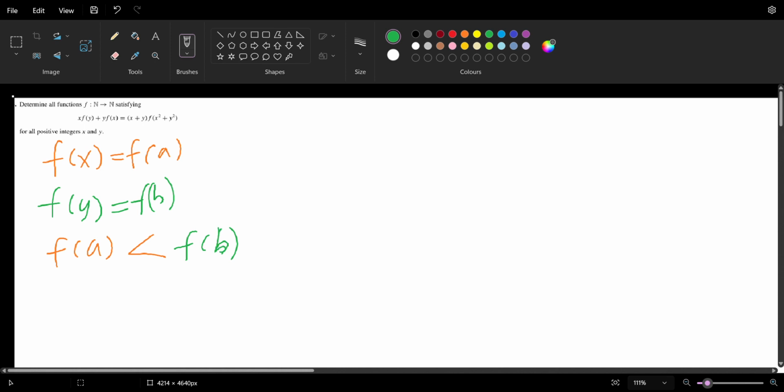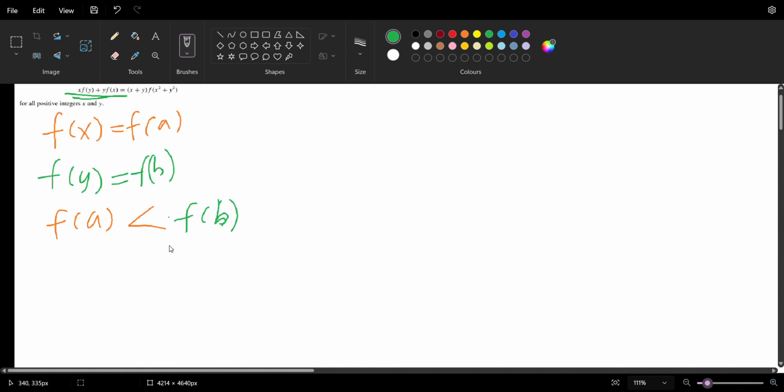Alright, and if you have f of a strictly less than f of b, then let's implement what we have here with the left hand side. Sorry, I can't really zoom because if I zoom it's going to look a bit blurry, so you guys just have to manage. Sorry for that. So if I implement what we've written down now into the equation, we should have